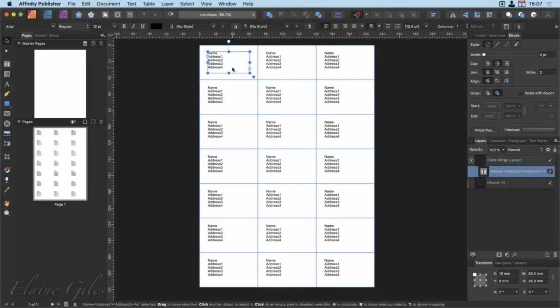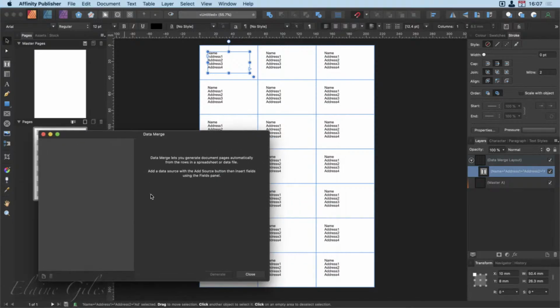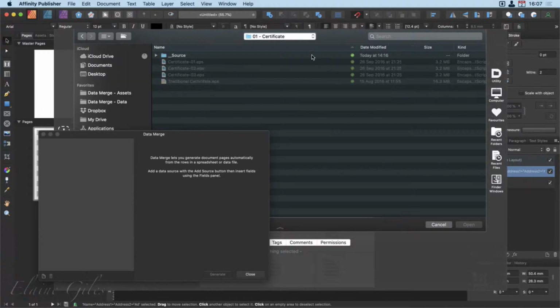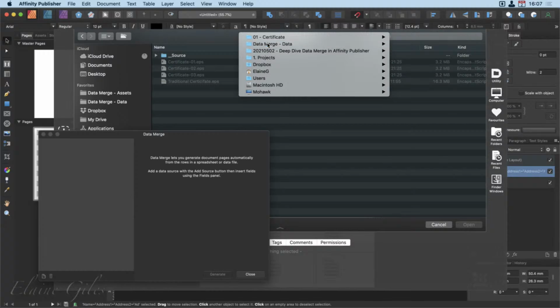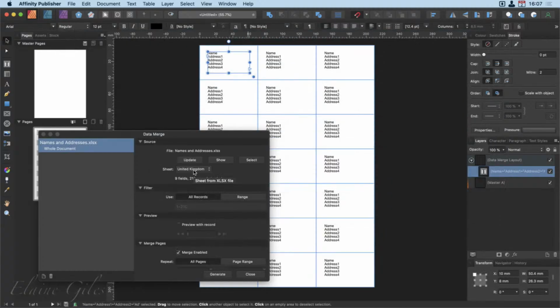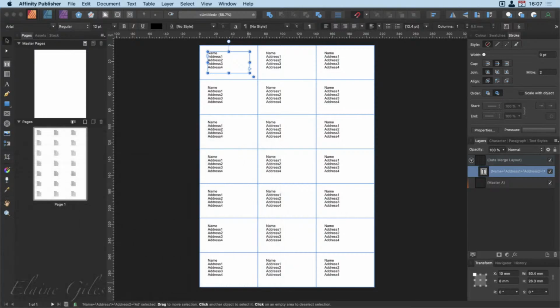Right, so that's fine as far as it goes. But remember, that's just a mock-up. We do not have a data source yet. So let's go and get the address labels again. Which were, where did they disappear to? Are they over there? There's our certificates. They are in there. So that has hooked up the data to it,